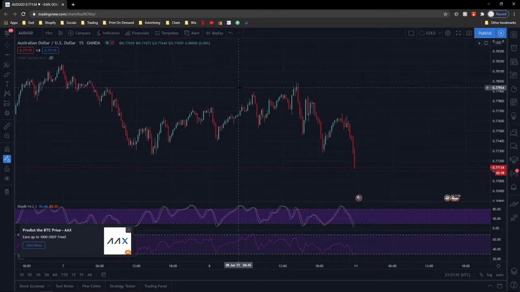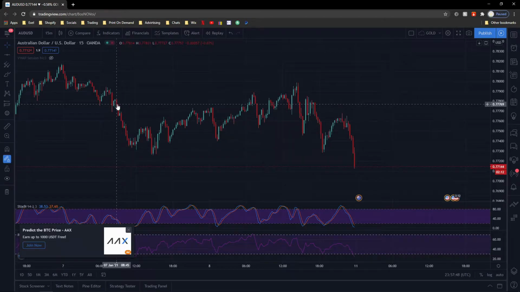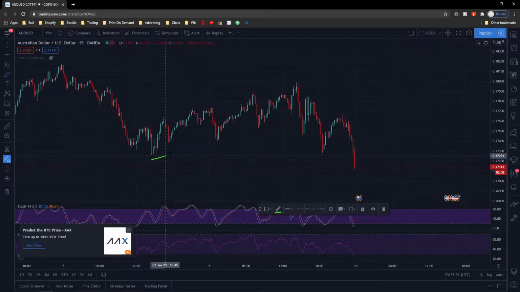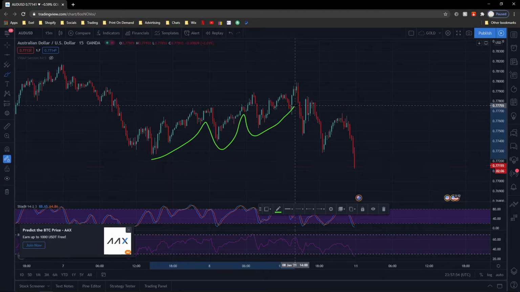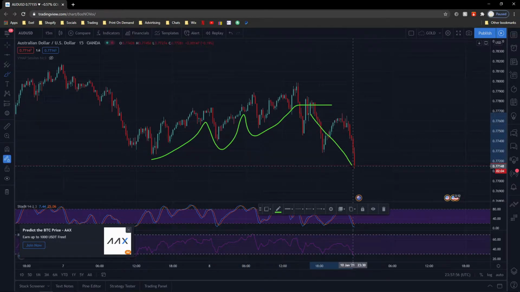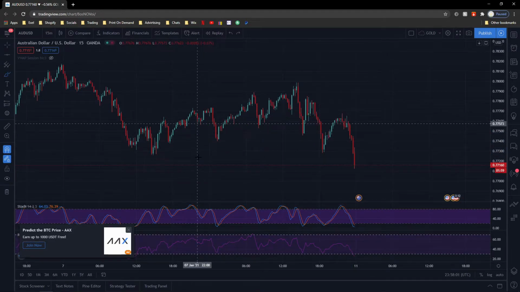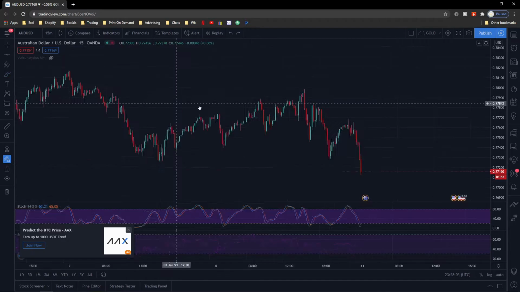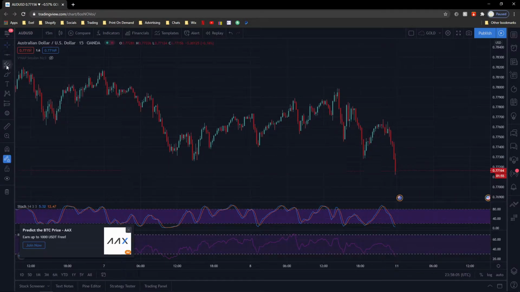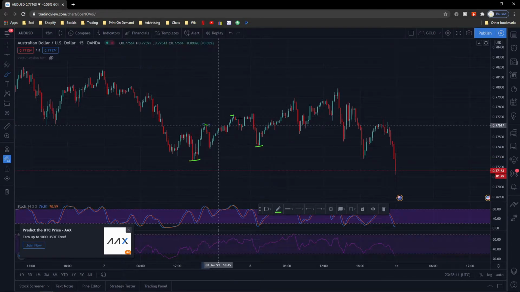The first thing you want to do is find a long wick candle either at the top or the bottom of a downtrend or an uptrend, or just in general. You can see right here there's a little uptrend going on, and then it just breaks through and then it just goes down. Right now I can see a decent amount of long wick candles. Let's go right here, for example. We can see right here 1, 2, 3 long wick candles, one over here, one over there, one over there,